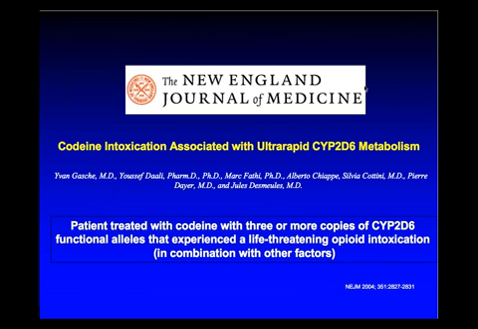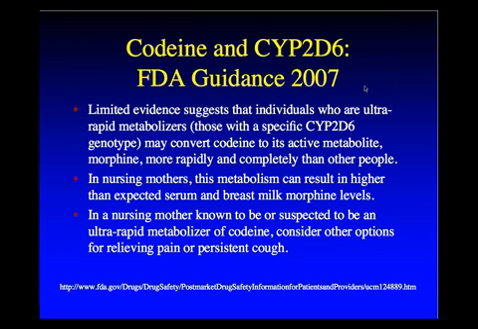And there's been more case reports since that time, especially in neonates with breastfeeding mothers in the US as well as in Canada. So consequently, the FDA put some guidance in the codeine package insert in 2007. And they talked about the fact that, if you're a 2D6 genotype, you may convert codeine to its active metabolite more rapidly and completely than other people, and especially in nursing mothers. And so you have to be very careful. And of course, this applies to older patients as well, even when you're using codeine, not as a pain reliever, but as a cough